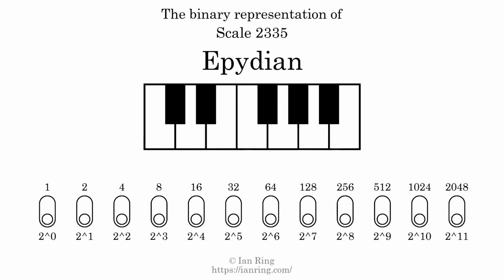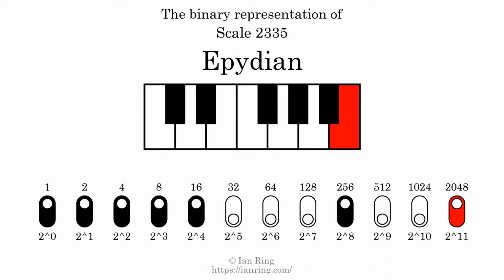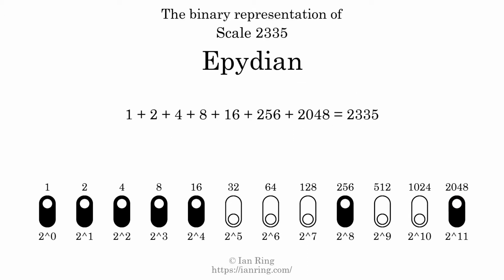The binary representation of this scale is determined by mapping tones of the scale to binary digits. Each binary digit represents a power of 2. To get the scale number, we add the powers of 2 together. The powers of 2 that are present in the scale, all added together, equals 2335. That is why the scale number, in decimal, is